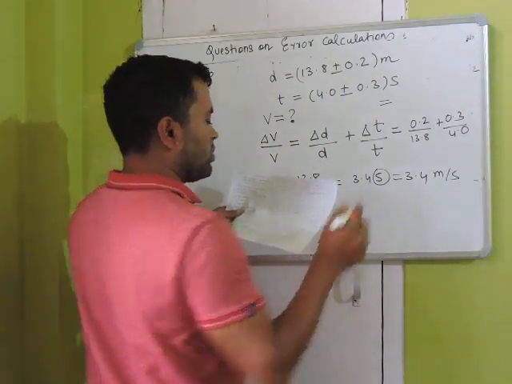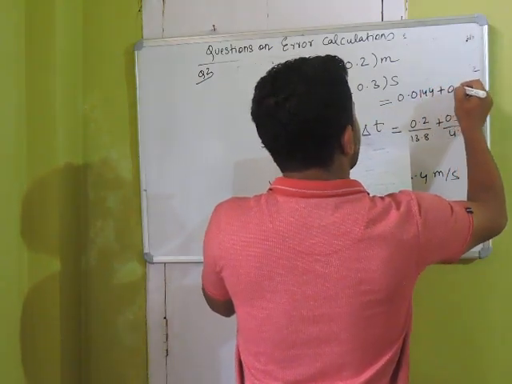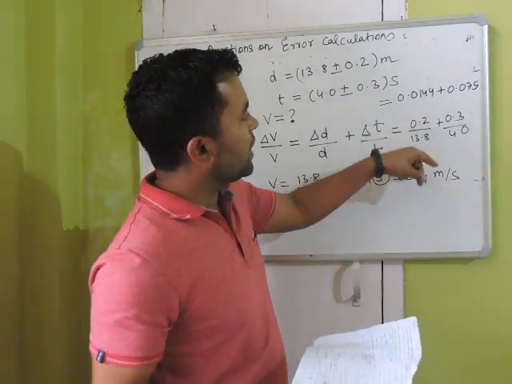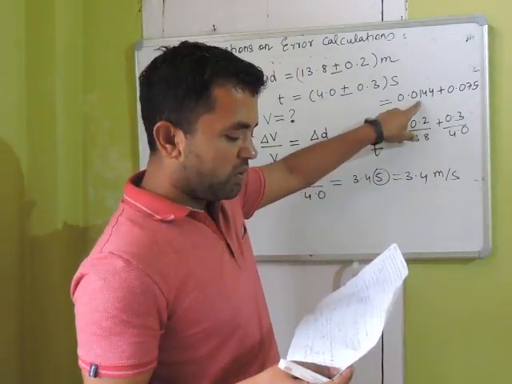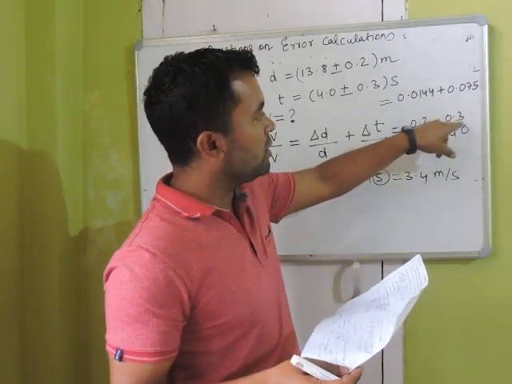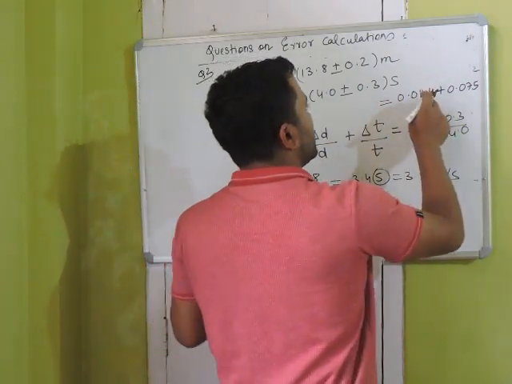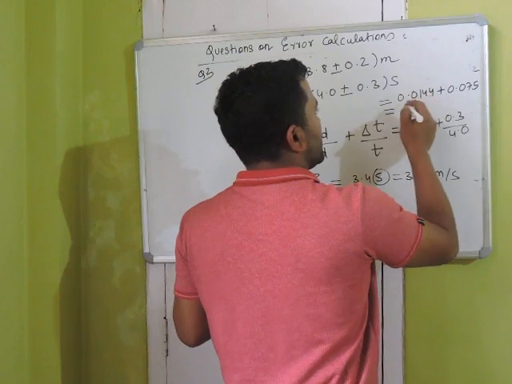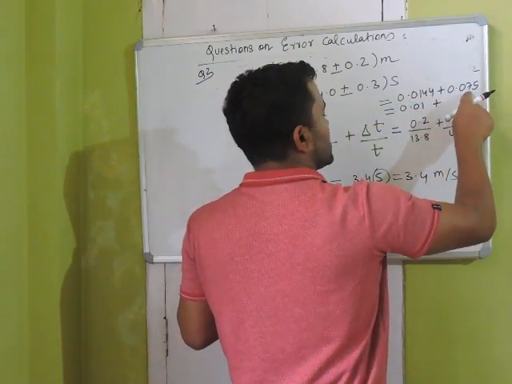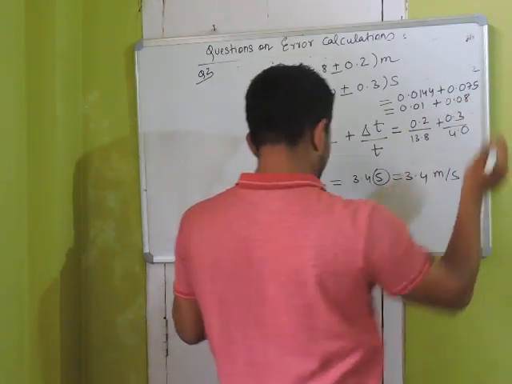This gives you 0.0. If you use a calculator, you will get this. Now since I am dividing, again I will report up to the first significant figure only, because I have to take care of the least significant figure in division. So I have to drop 4, which is less than 5, so nothing will change, it remains this. I have to drop 5, this is odd, so this will be 0.08.